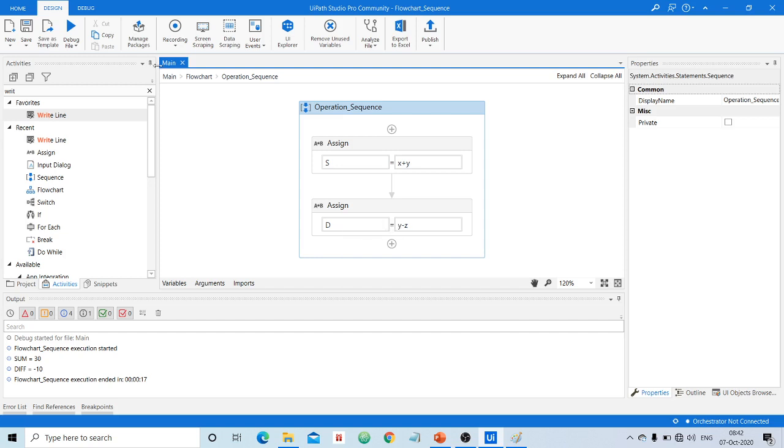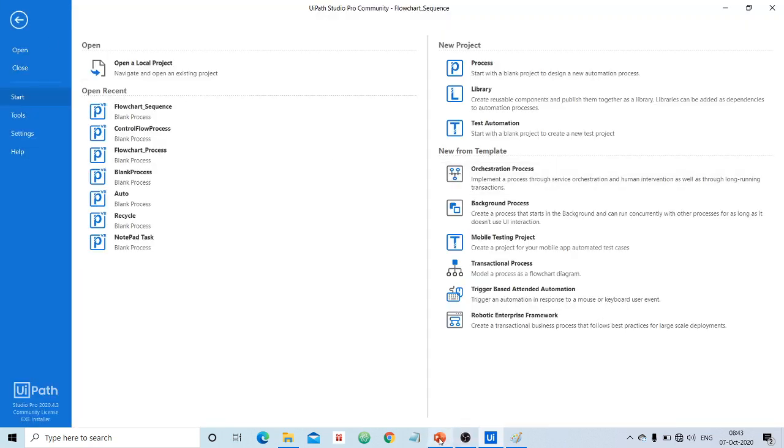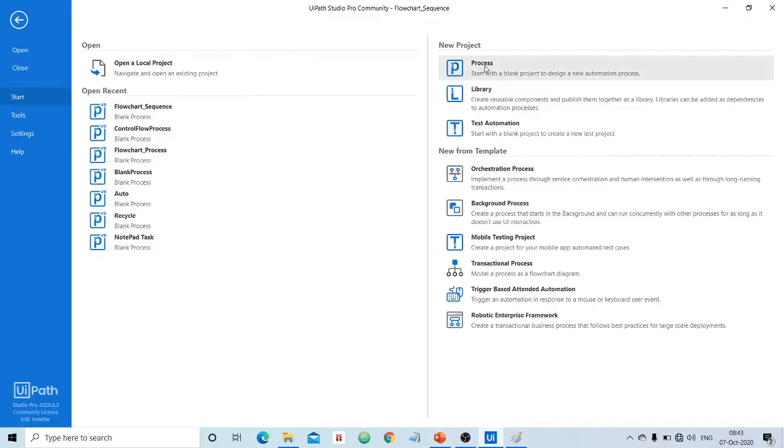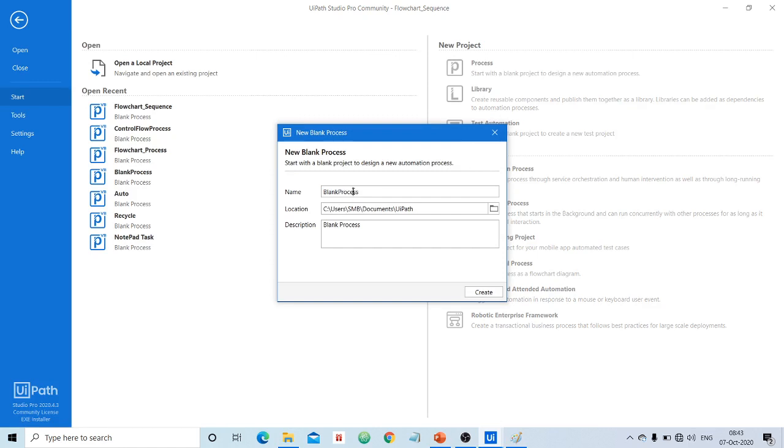Now I will go ahead with one more example. As I said, we shall see an example for how we can use control flow inside a sequence. We already have seen an example. We shall see one more example of how to use a control flow in a sequence, which is there in your textbook. I will go ahead with one more new process.